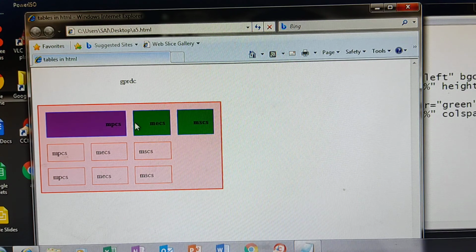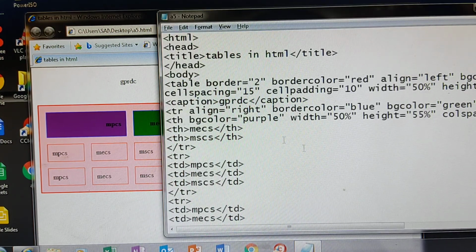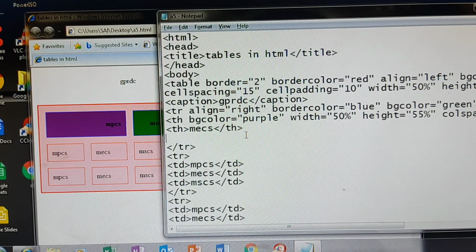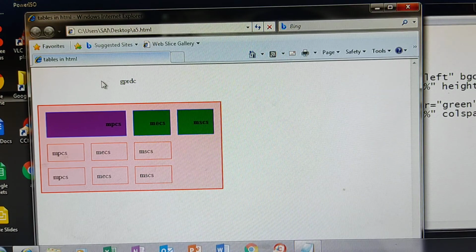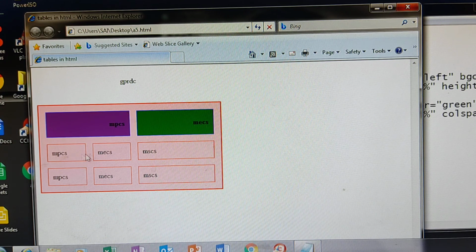See, the first row has combined two columns. Here I will remove the last one, so you can observe the difference. Save it. See, the first two columns are combined into one.